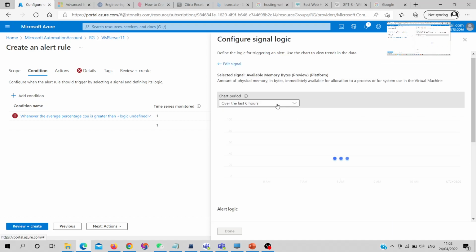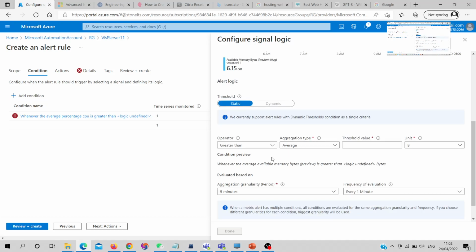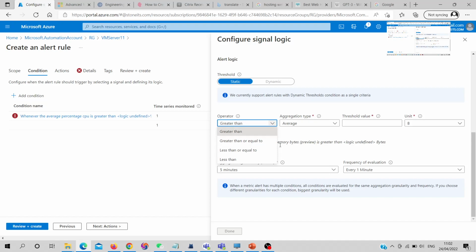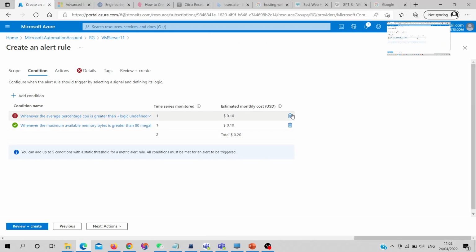So for how many hours it will give us the alerts. Then we need to select greater than, less than, equal. We will set a benchmark and put a threshold value, and the unit, like gigabyte, megabyte, whatever, and the frequency and the aggregation time, for how many hours or how many minutes it will come. So then just select done, and